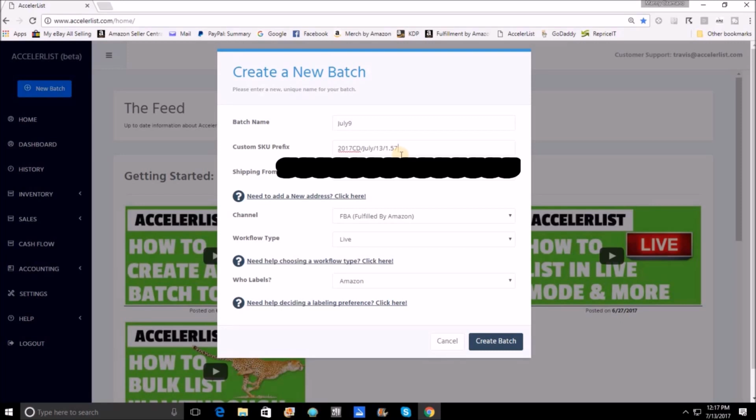By doing it this way, I'm also able to break it down by category. I'm also able to break it down by the month. So if I wanted to look at all my books from January because it was time to manually reprice them, I could put in 2017 book /Jan, and all of my active inventory from January in the book category would